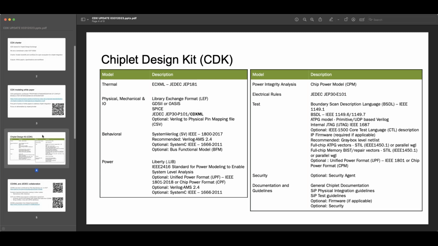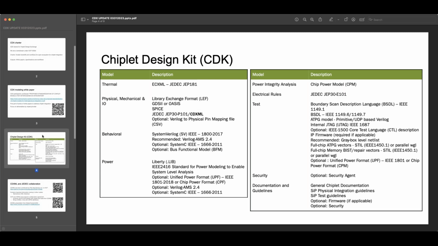I have ABC models, but I don't have CDE models, to give a guidance to the user what is actually available for this chiplet. That product brief will not necessarily carry all the models with it. This will be a separate deliverable from the vendor.